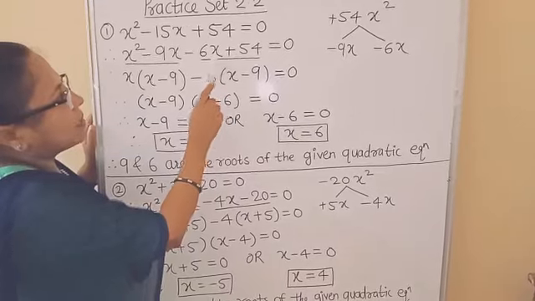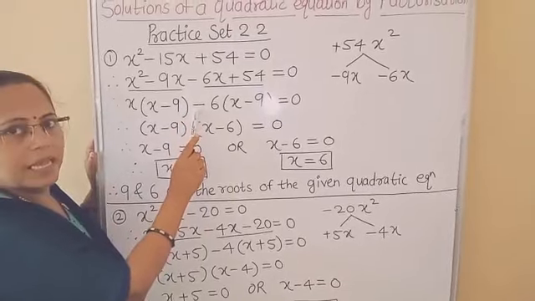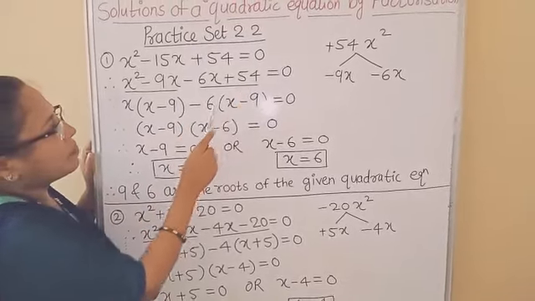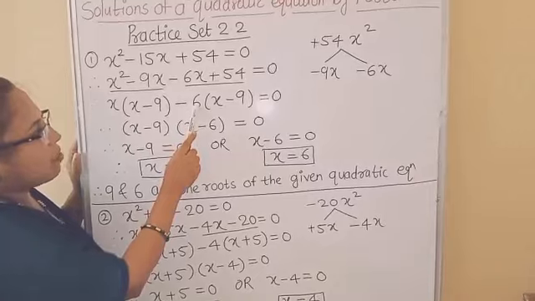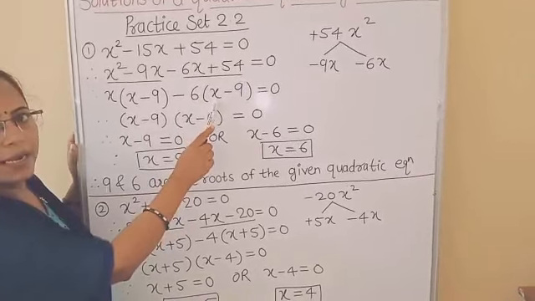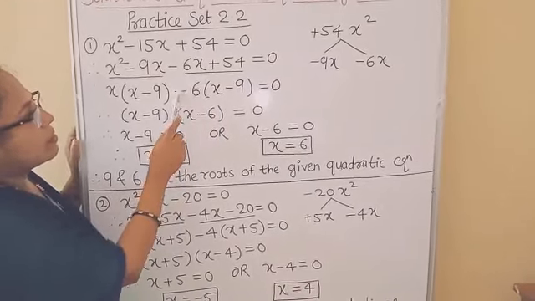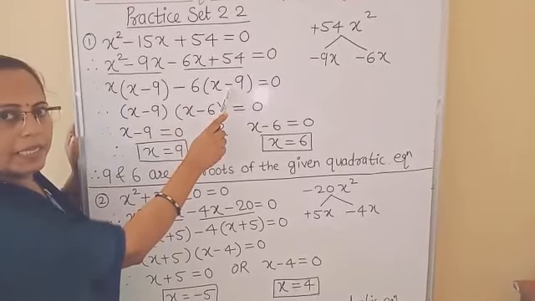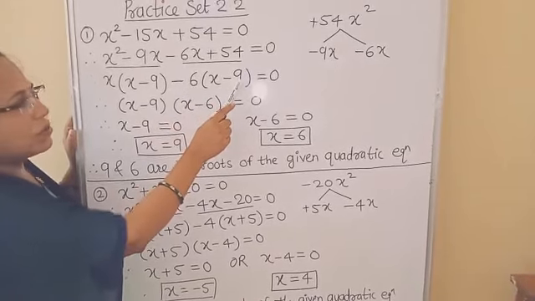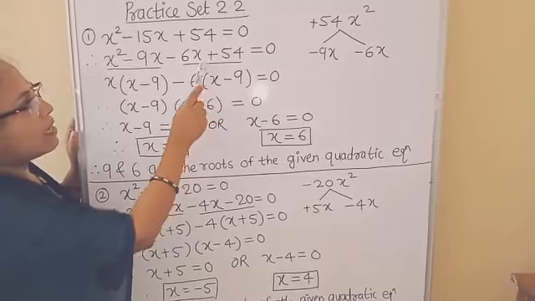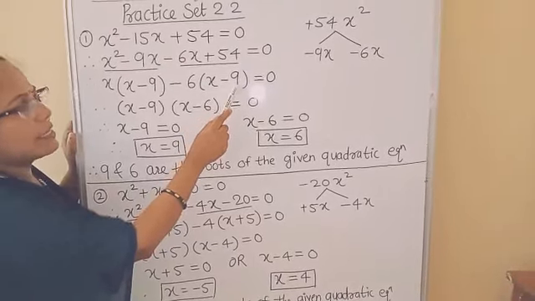Now from the second binomial, the first term 6x has a minus sign, so write a minus sign here. Now from 6 and 54 we get 6 as a common factor. So from 6x we take 6 common, and the other factor we write in bracket is x. Now this plus minus sign we have taken common, so here instead of plus we will write minus. Now divide 54 by 6. 6 9s are 54, so the other factor is 9. So we got the factors of this binomial: 6 into bracket x minus 9.